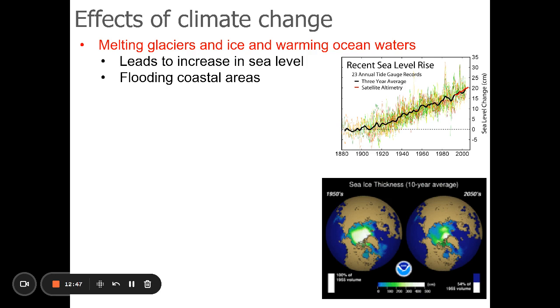And lots of people like to live on the coasts. Think of lots of the cities you may visit, Boston or New York or Los Angeles, San Francisco, Baltimore, Miami. All of these are coastal cities. People tend to live on coasts. And so as those areas get flooded, that has impacts on people living there, on the ecosystems there. Some small island nations basically are under threat of being completely submerged.